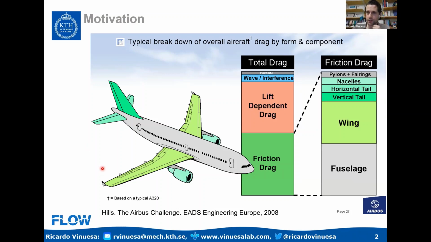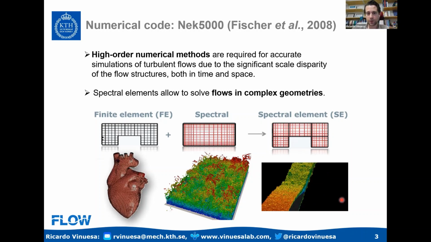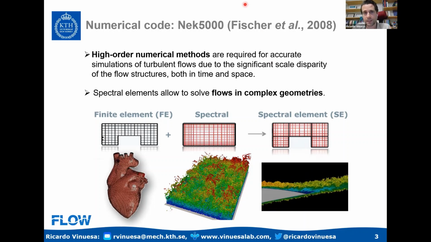So this is the motivation that we use to build quite high fidelity, quite accurate numerical simulations. For many of these simulations, we use the spectral element code Nek5000, developed by Fischer and others. This method combines the geometrical flexibility of finite elements with the high order convergence of spectral methods in such a way that we can perform this type of simulations that you can see here. This is a DNS, a direct numerical simulation of the turbulent flow around a wing section at a Reynolds number of 400,000. So it's a turbulent flow. It's actually quite